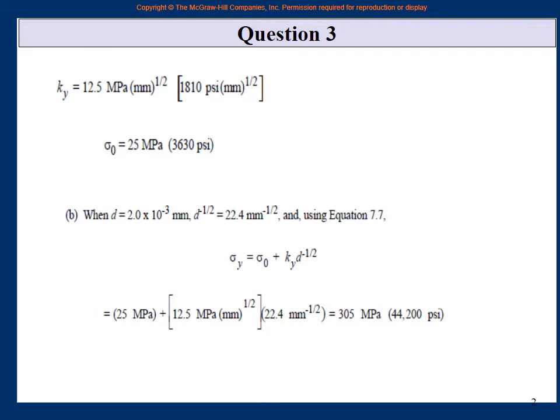So it was not a very tough question, and we had done questions on the Hall-Petch equation earlier during the lectures, and I don't know if we also covered it in some other quiz or exam. But if you understand this question on the Hall-Petch equation very clearly, then there is almost no question on it that you cannot solve on your own.